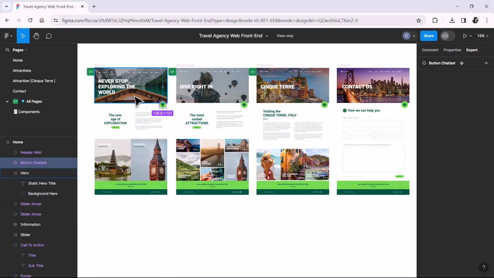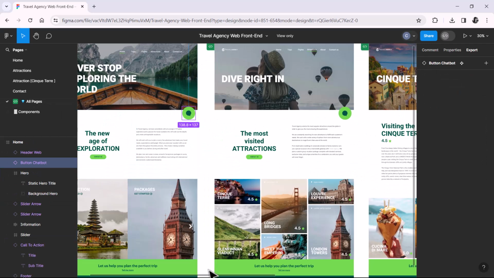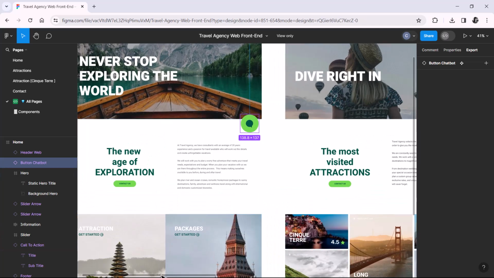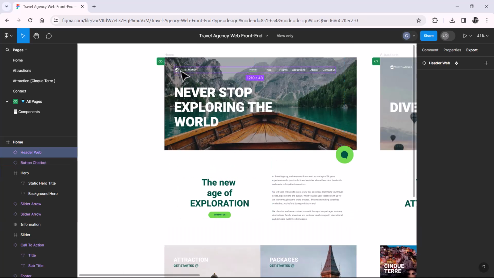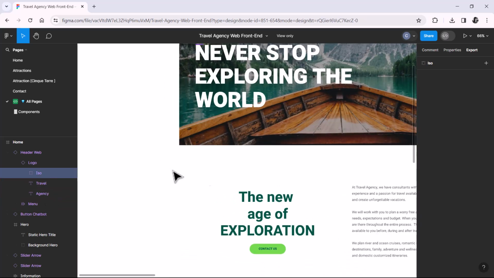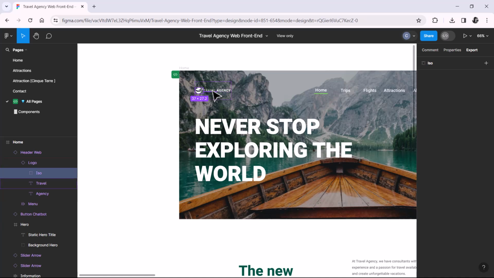Then we would have to go through all the screens looking for the icons to download them, as we did with that of the chatbot. For example, we have here, in the header, the logo. The logo is composed of three elements. One is the logo icon, the text travel, and the text agency. I'm going to enlarge it to make it clearer. I could download the whole thing, the icon with the two words,